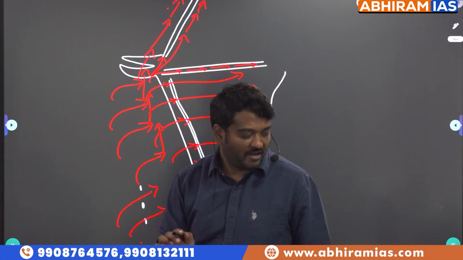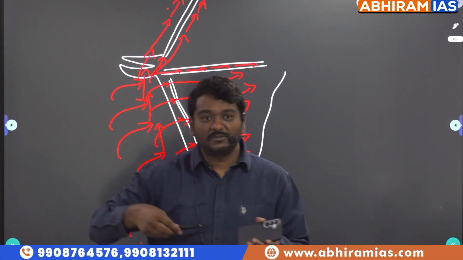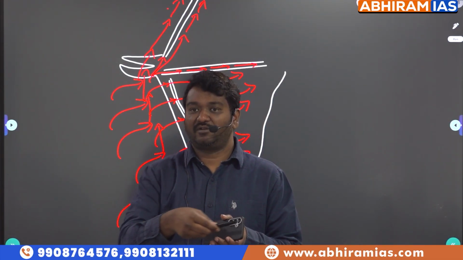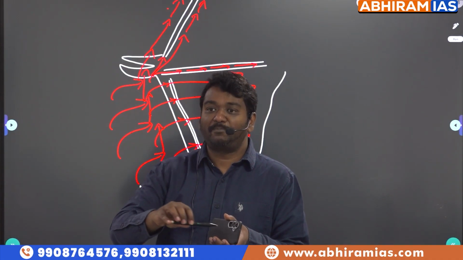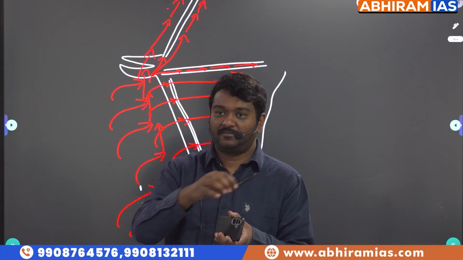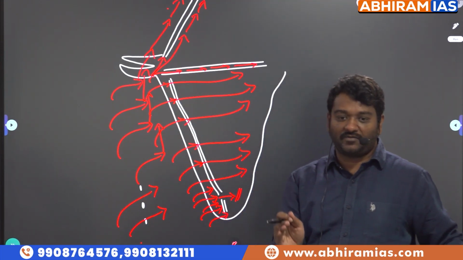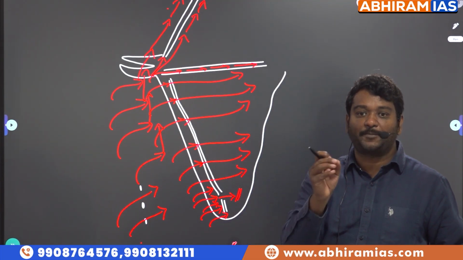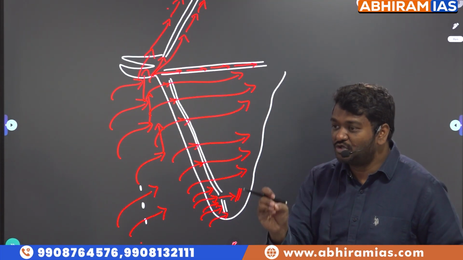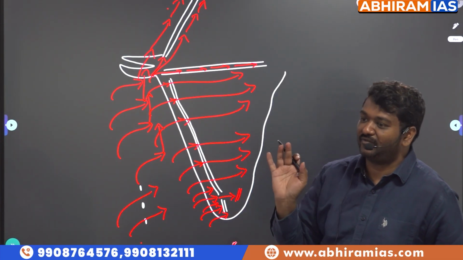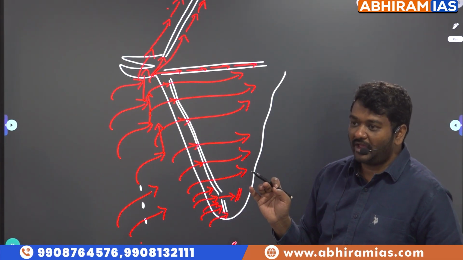So remember, when a cloud goes parallel, it doesn't give rainfall. When a cloud goes perpendicular, it gives rainfall. So as southwest monsoons are parallel to Aravallis, Gujarat and Rajasthan don't get rainfall. Okay? And